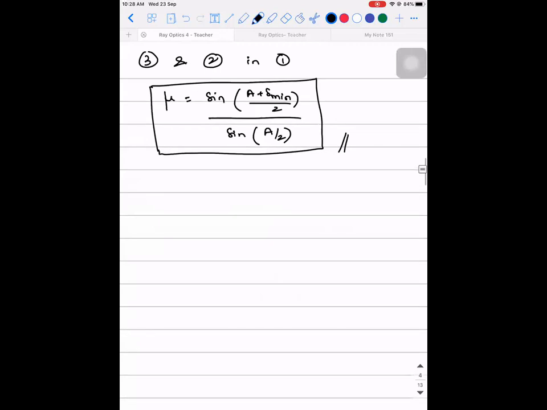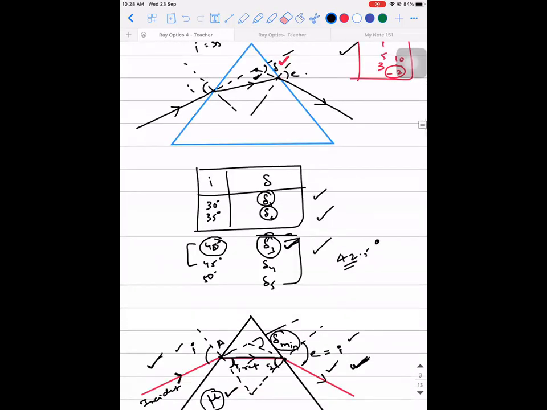Okay. Now, if you observe, if you try to plot, once you do this activity, you get this table. With this table, you will actually plot a graph like this. Whenever you are plotting a graph, I would have told this many times, what should be taken on the x-axis? Independent variables. So among i and delta, which is independent? Independent means which is under our control. i. So i will be taken here and delta will be taken here. As you keep changing the value of i, you can observe a graph like this.